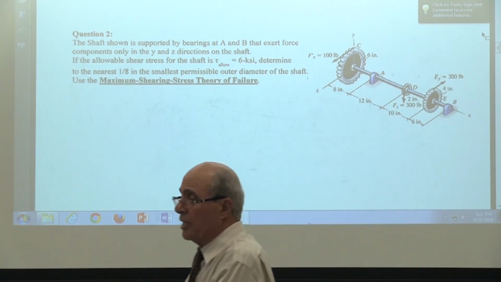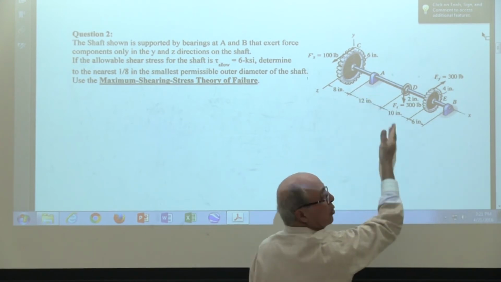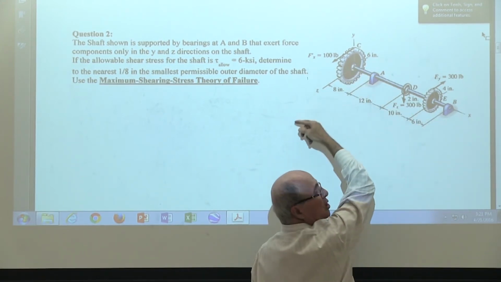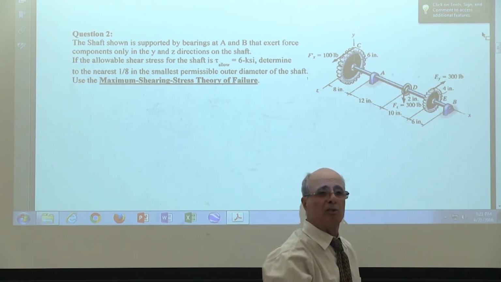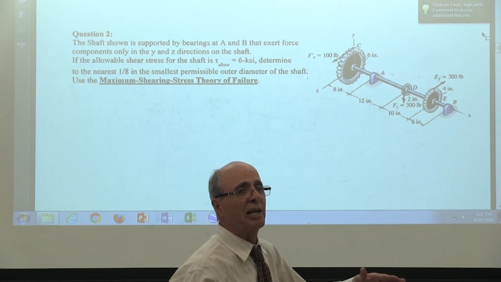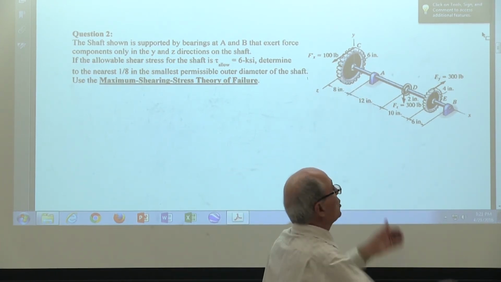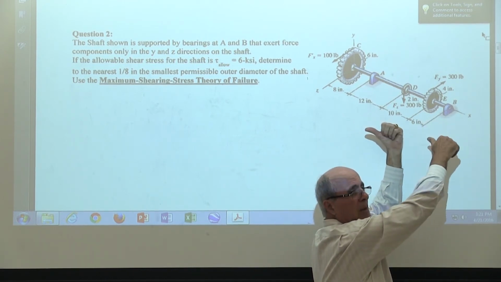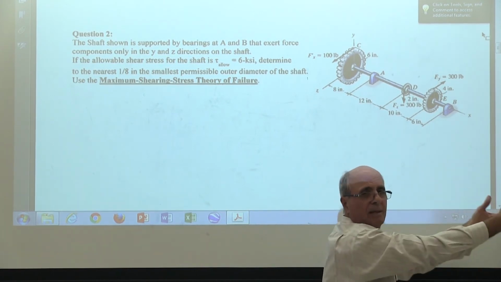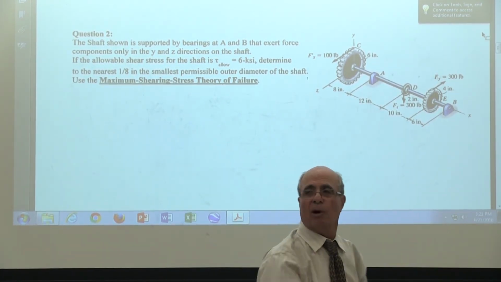Again, X, Y, Z can change. I can change this to Y. Actually, the original problem, believe me, had this as Y, that as Z, and this as X. But I changed it because I thought it would confuse you. Everybody understand what I'm saying. I changed it to our standard, which is this is X, this is Y, and this is Z. So the torque is Mx, and the bending is My and Mz. One word, I'm sorry, Mz and My. Is that correct?